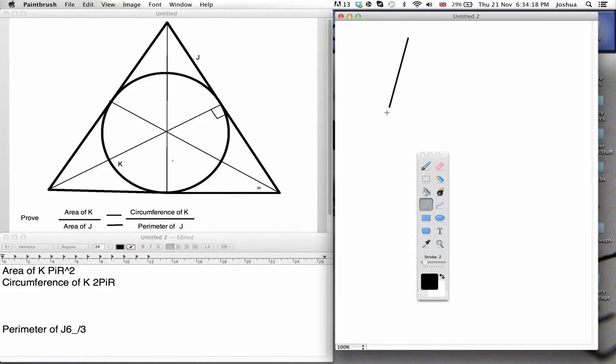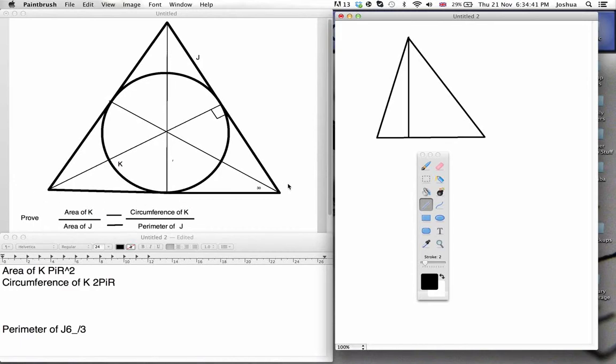We all know it's half base times height or something like that. We're going to work out the height, the base, and divide it by 2. What's the height of this triangle? You can obviously see that the height is going to be this length, which is equal to this length, which we discussed as being equal to 2, and this length, which is equal to 1, so it's 3